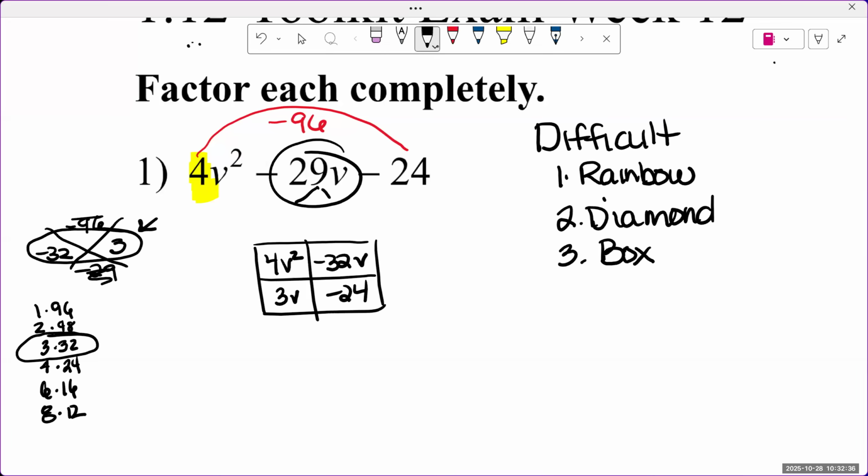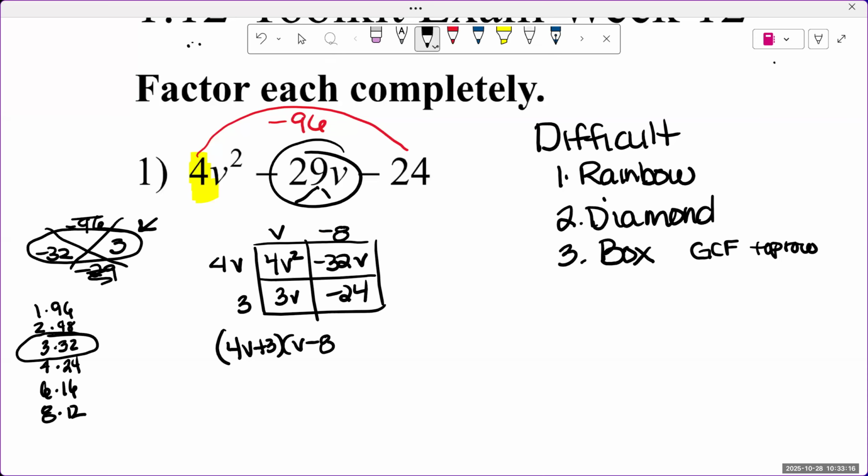Okay, so let's find the GCF of the top row. So what comes out is 4v. So 4v times v is 4v squared. 4v times negative 8 is negative 32v. 3 times v is 3v, and 3 times negative 8 is negative 24. So I have 4v plus 3 and v